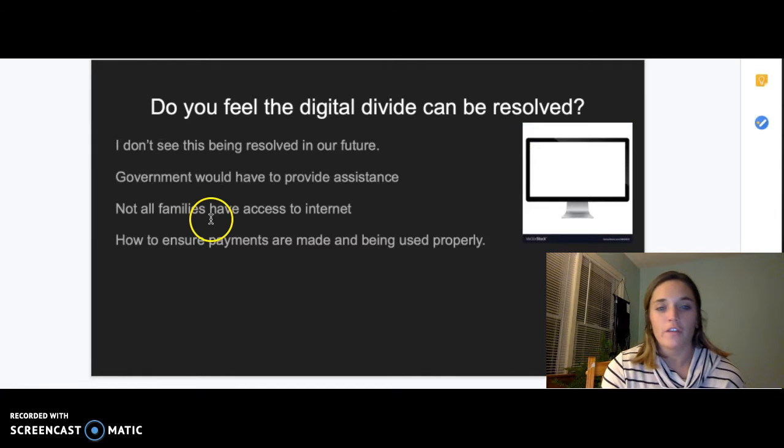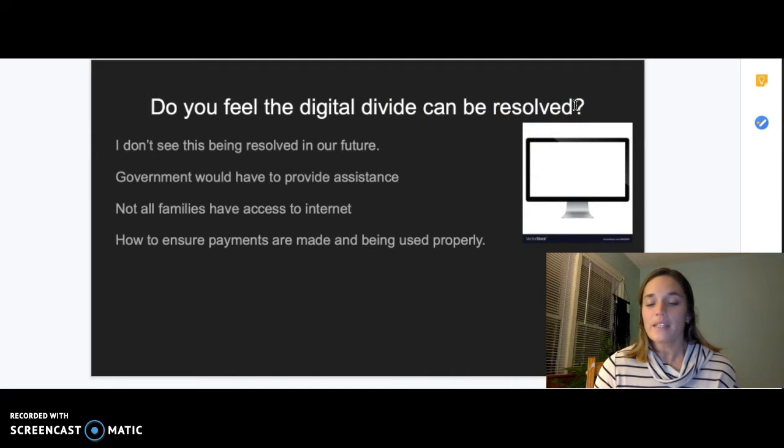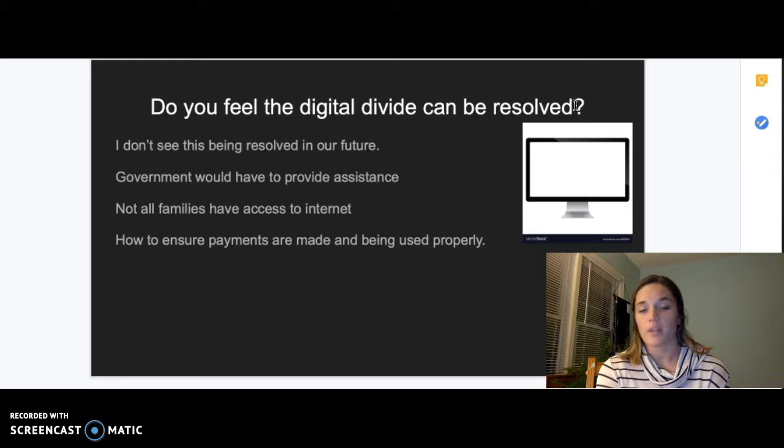This next slide, do you feel the digital divide can be resolved? This is my own personal thinking. I don't see this being resolved in the near future. Especially, like I had mentioned, with the lower SES families around the school that I teach at, this is not something that I can just see the government allocating for families. I'm sure in the future, yes, it will, but within the next couple of years, I don't foresee that happening. Only because families don't have access to internet, and that's not necessarily a priority to them